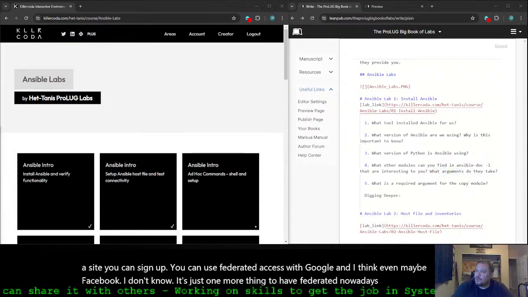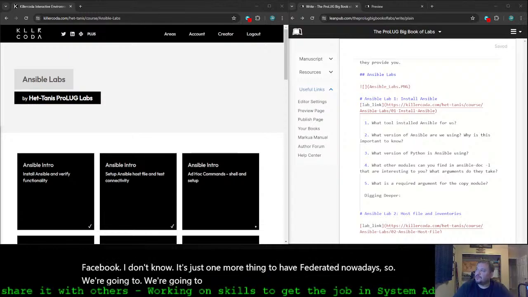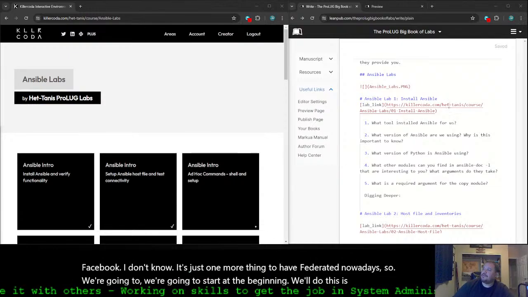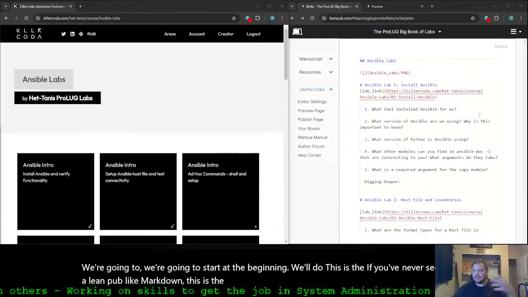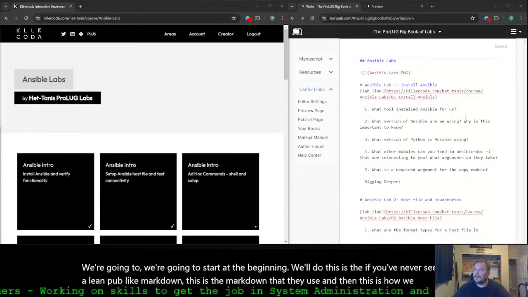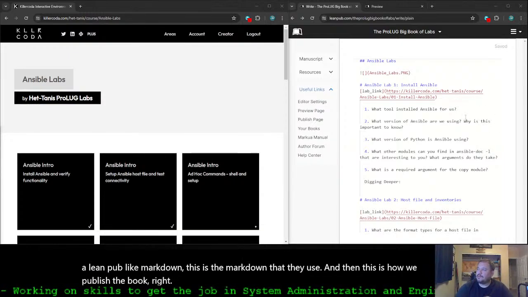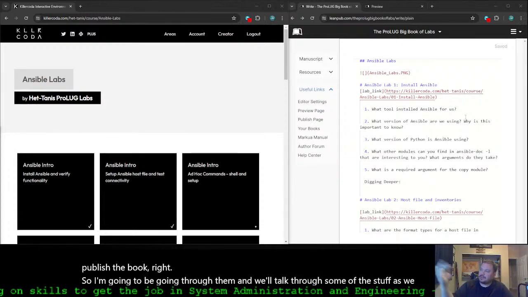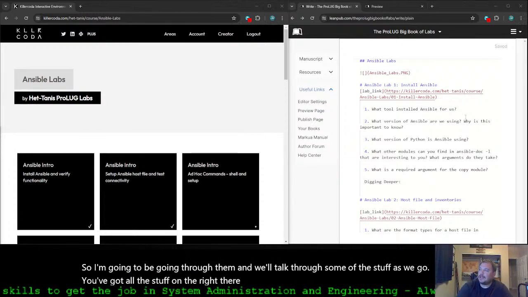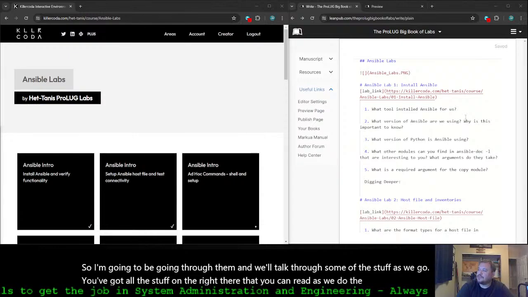So we're going to start at the beginning. If you've never seen a Leanpub-style Markdown, this is the Markdown they use, and this is how we publish the book, right? So I'm going to be going through them, and we'll talk through some of the stuff as we go. You've got all the stuff on the right there that you can read as we do the lab if you want to answer those questions to yourself.